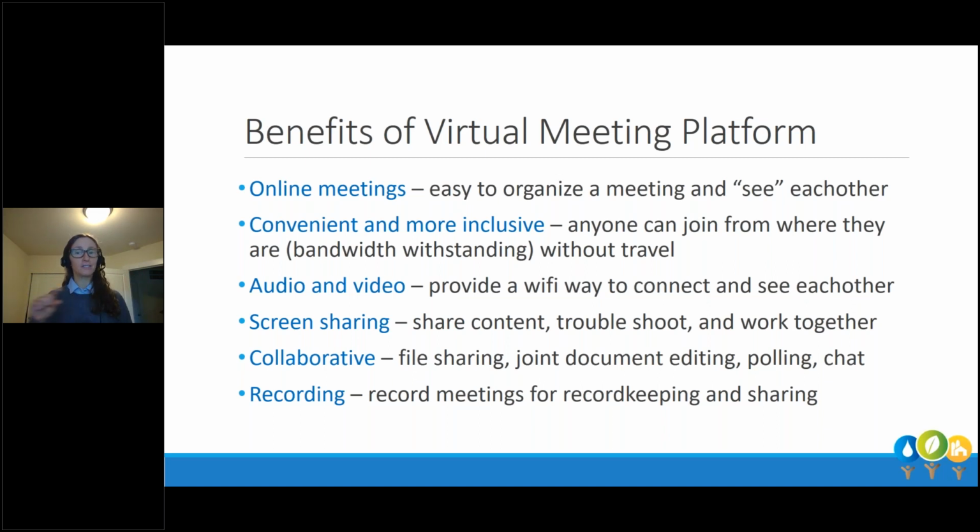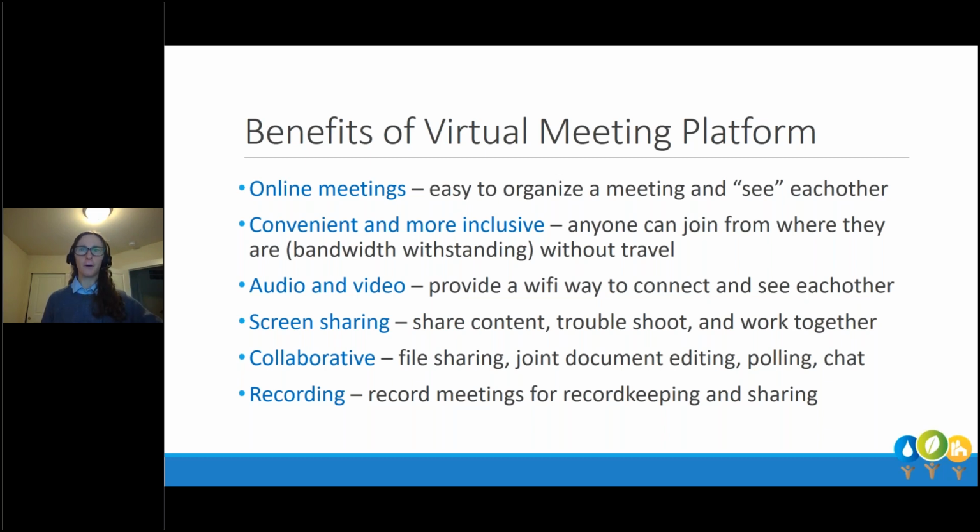Some even have closed captioning associated with it now, so that when someone is talking, you get a text type right at the bottom. Really great if you need to have an ADA or disability customization for folks on your website or to your meeting, etc. You've got that content right there.